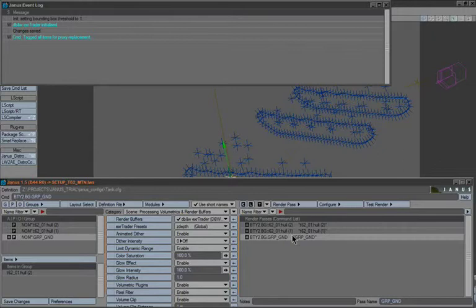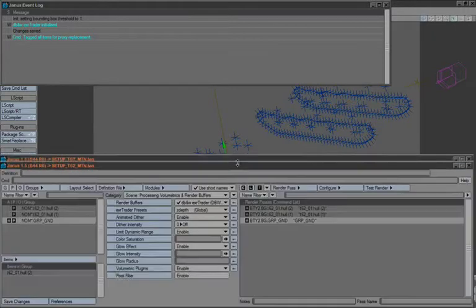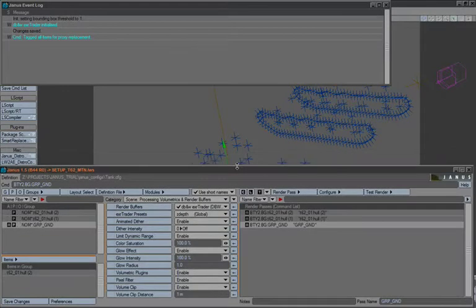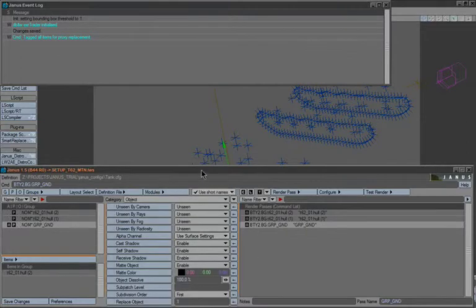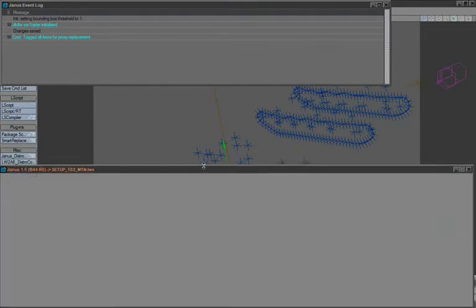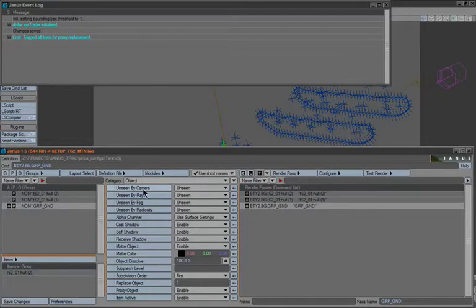But before I can do that, I must bring Janus to understand that all of these are not nulls, that these are actually proxy objects. So I go over to object, I believe, and over here at the object category, there's a parameter called proxy object. And what I'm going to do is click that, because I want it to be applied in all scenes, rather than all render passes, and make sure it's enabled. So if I render the ground,